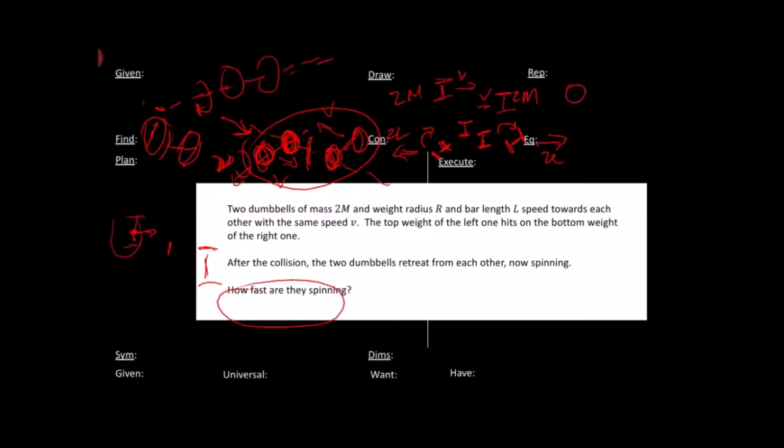You could also calculate the angular momentum of each of the weights, because we're going to ignore the weight of the bar, which is going to be this R cross P thing here, right? So it's going to have some sort of R cross P effect there. The interesting thing about this second angular momentum is that these two guys have exactly the same angular momentum because of the R cross P thing,